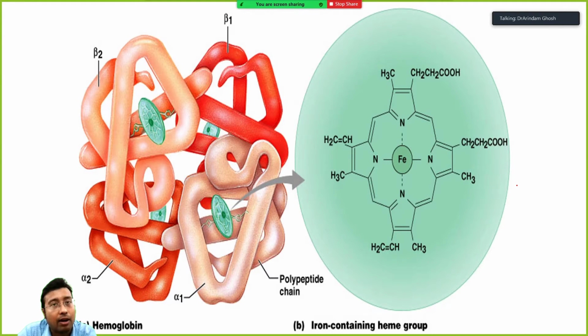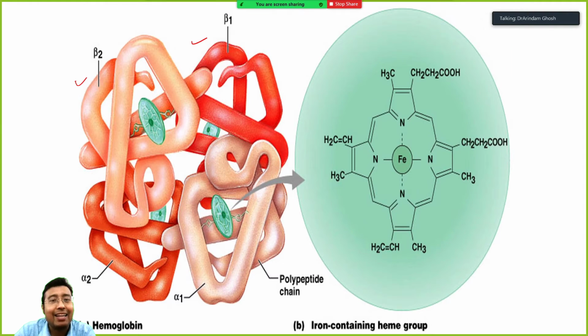Not only alpha, these dimers function in permutation of their 1 and 2 variant. For example, there can be a combination of alpha 1, beta 2, alpha 2, beta 1, like that. So there are beta 1 and beta 2 and alpha 1 and alpha 2, that we all know.